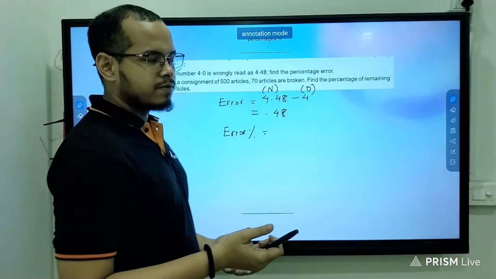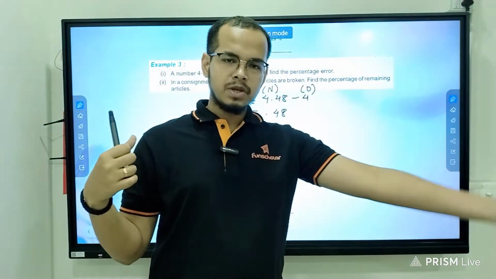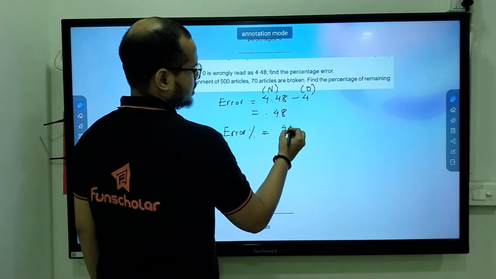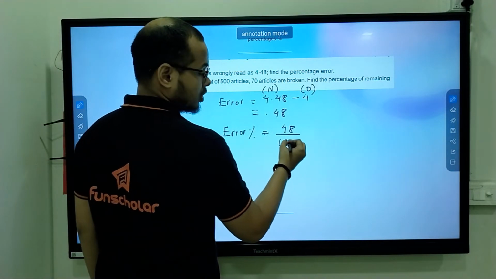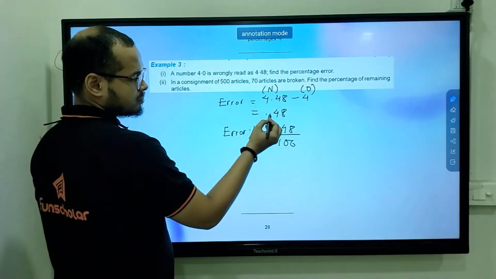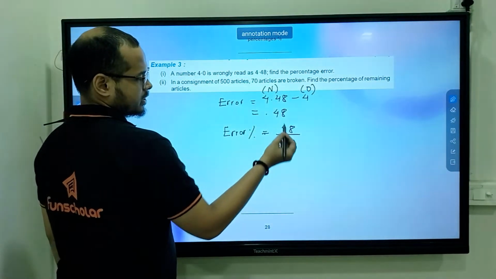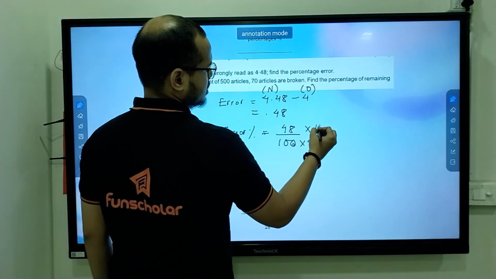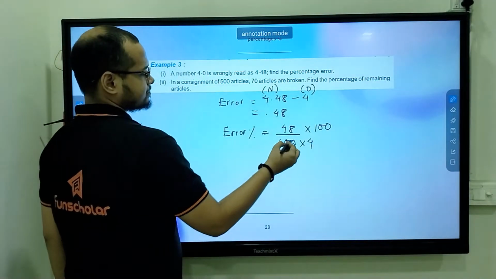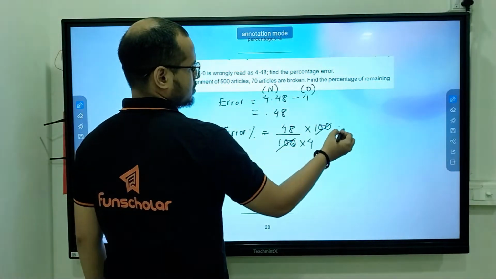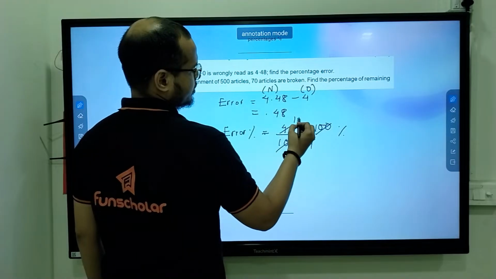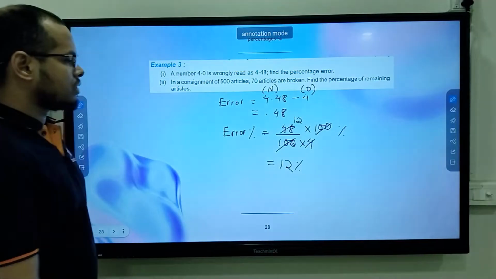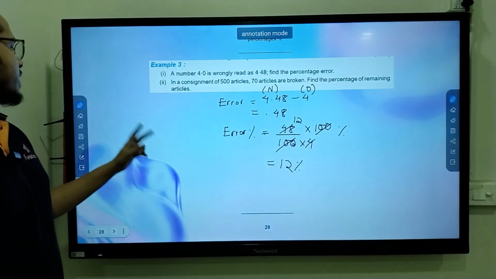You will always find the error percent from the original, or something that is new. So error percent is 48 by 100, not because of percentage here, because it's a decimal 0.40. That is the very reason why 48 by 100 into original was 4 into 100. The percentage sign is there. 4 12, and the answer is going to be 12%. Okay, first one done. Second,